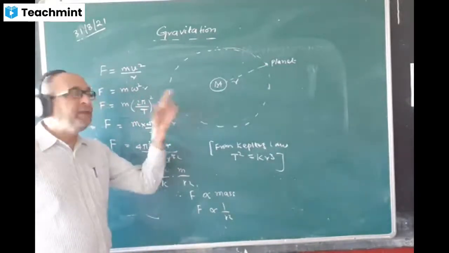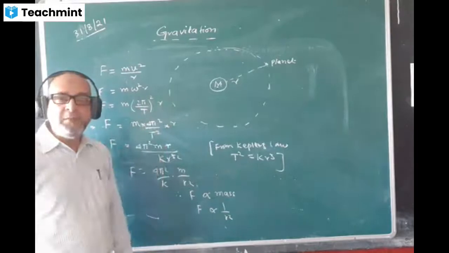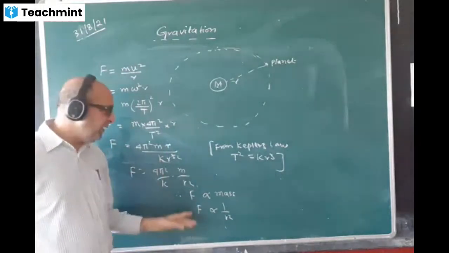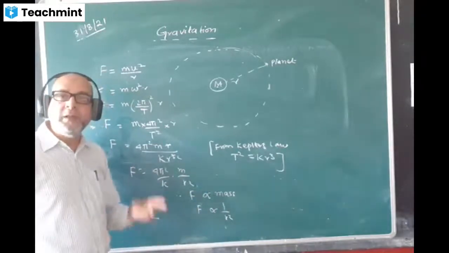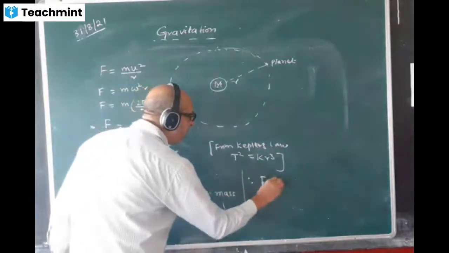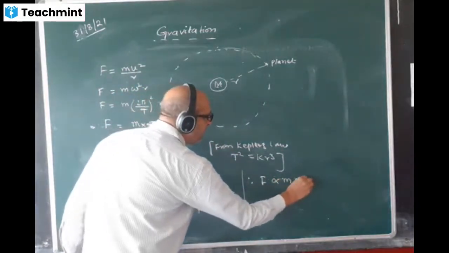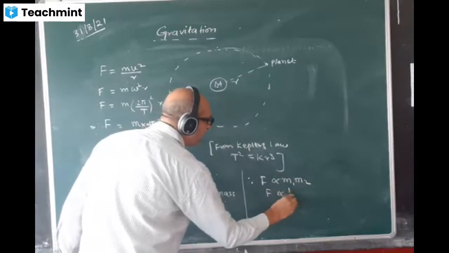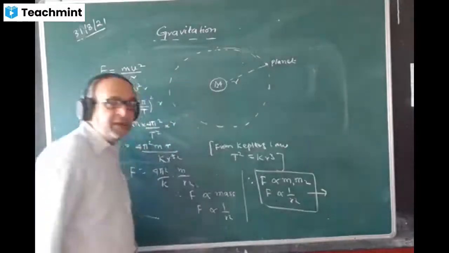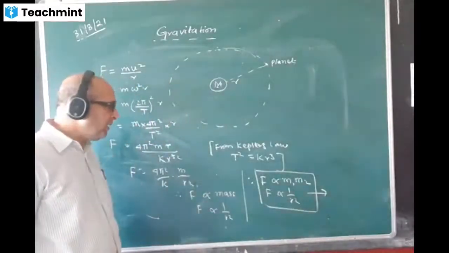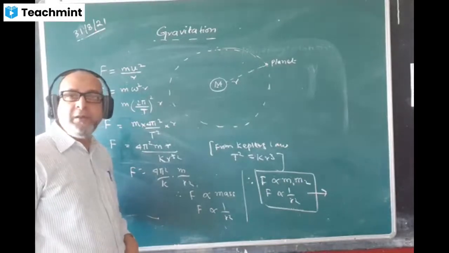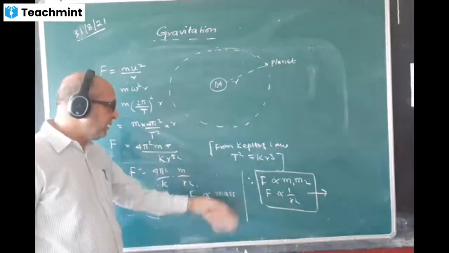So, the law of gravitation always takes place between two bodies. That means you have to consider the mass of both the bodies, and F is directly proportional to the mass of both the bodies. There are two bodies involved. Therefore, F is proportional to m1 m2, the product of both the masses, and F is inversely proportional to r square. This is Newton's law of gravitation. Hence Newton's law of gravitation is derived. This helps Newton to give the law of gravitation, this way, by this method.